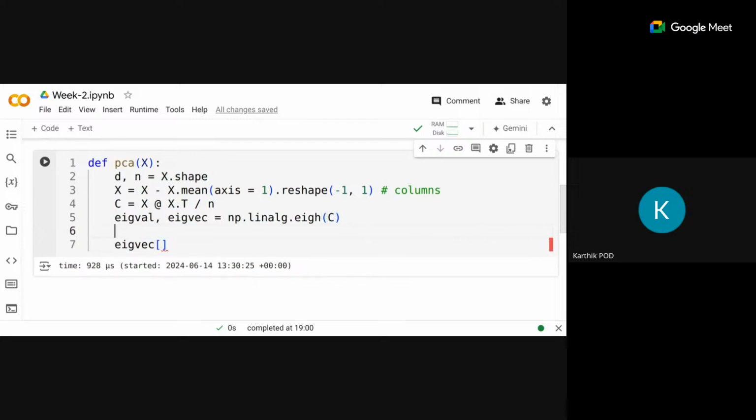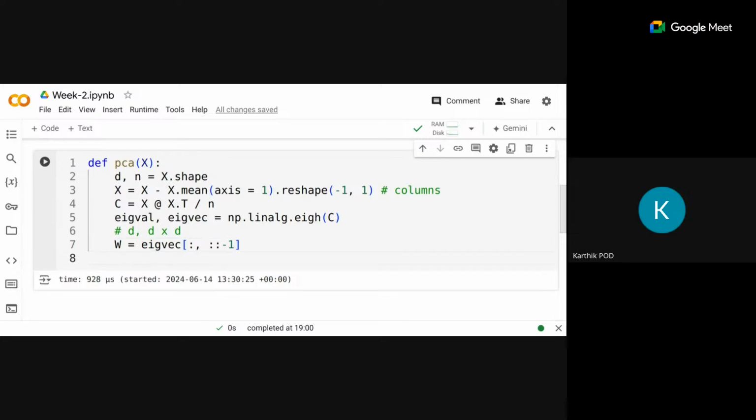In fact, I'll just show you the dimension. For eigenvalues, there will be, let's say, d of them. Eigenvectors, there will be d of them. It will give it to you in a d cross d matrix where each column is an eigenvector. So what I do is I reverse the columns. This is the command to reverse the columns. It is not very important at this stage. All that I'm doing is reversing the columns so that the first column is the first principal component. I'm doing the same for